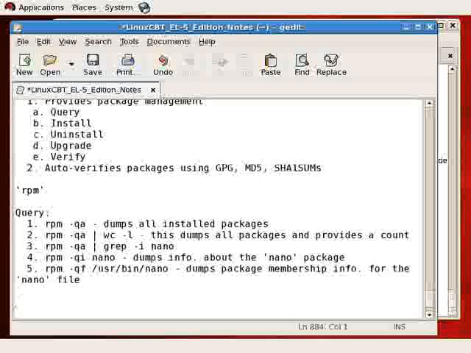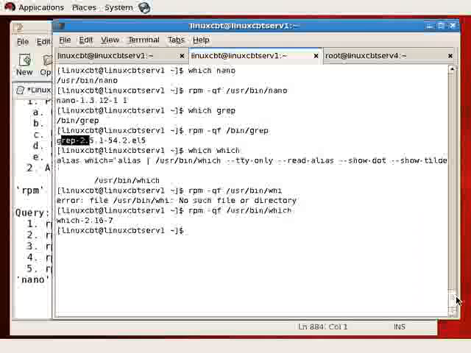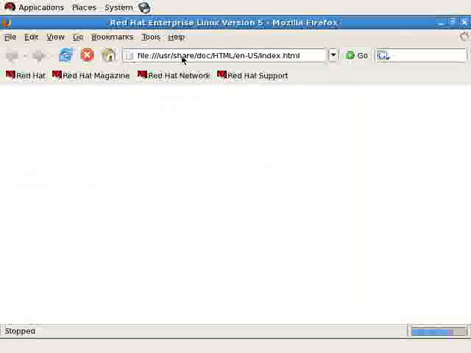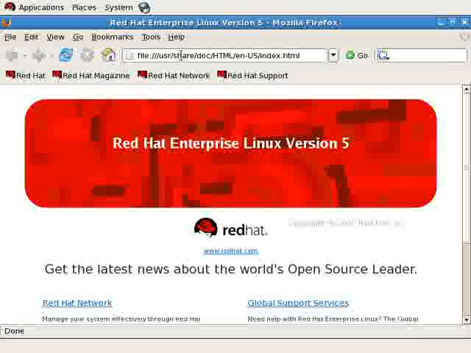We intend to install a few packages, but you can download the package and query it directly. For example, we do have a package repository available, a 5.1 package repository, but the 5.1 packages will install on 5.0 with no problem. Let's launch an instance of the browser and then connect to that repository and select a package that's currently not installed on either Linux CBT Server 4 or 1. Either or will do. And we'll now navigate to